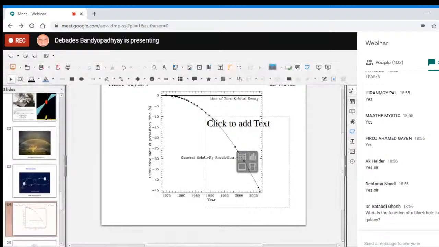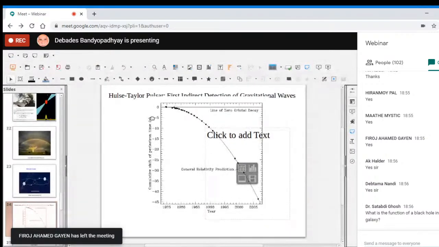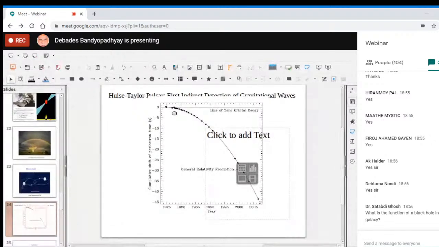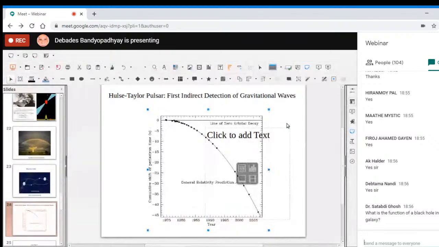So this shows that this decreasing shift of periastron time is due to the emission of gravitational waves, and this was actually the first indirect observation of gravitational waves,